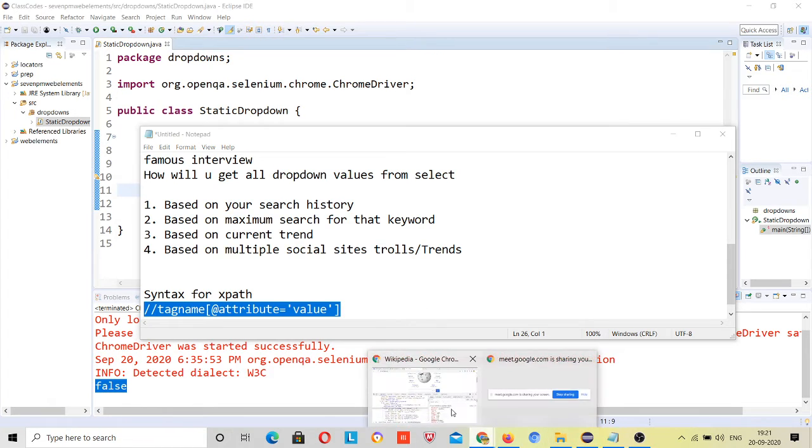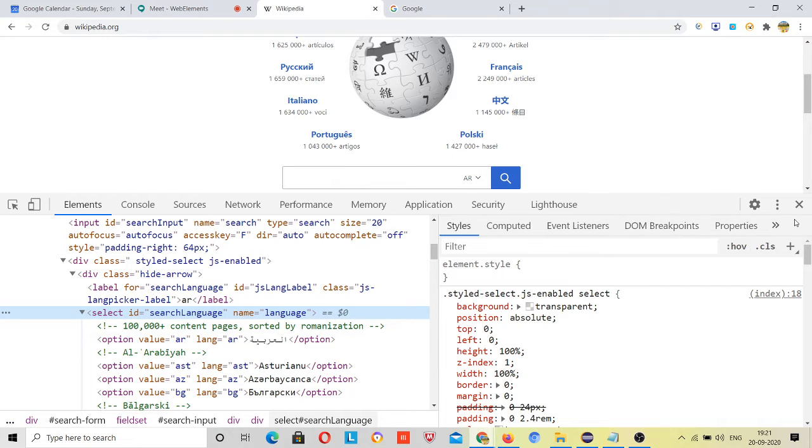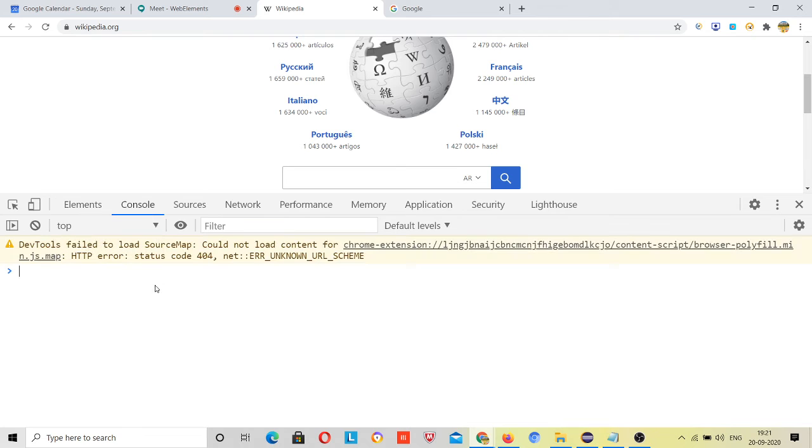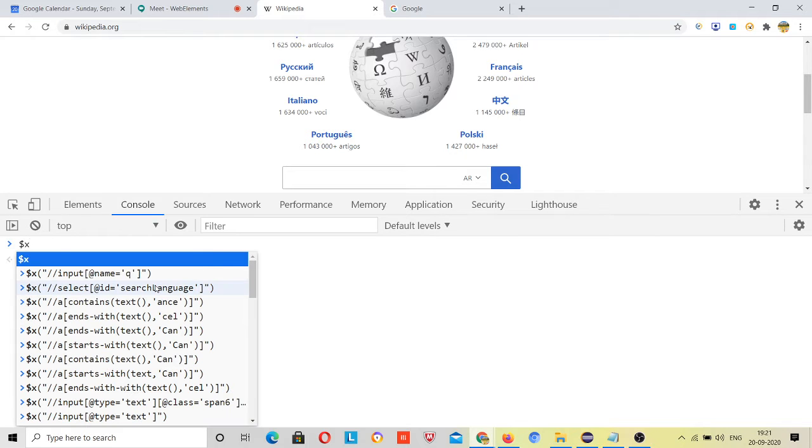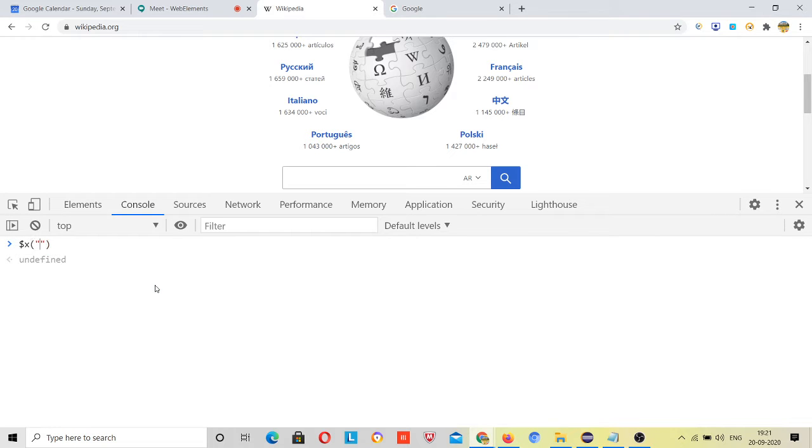So here, just select your SelectorsHub, or you can directly write in the console also. First let's write on the console, Control L, it will clear the log. If you are writing XPath, then use $x and then double slash, then the tag name is select, @, the attribute is id, and the value of that id.